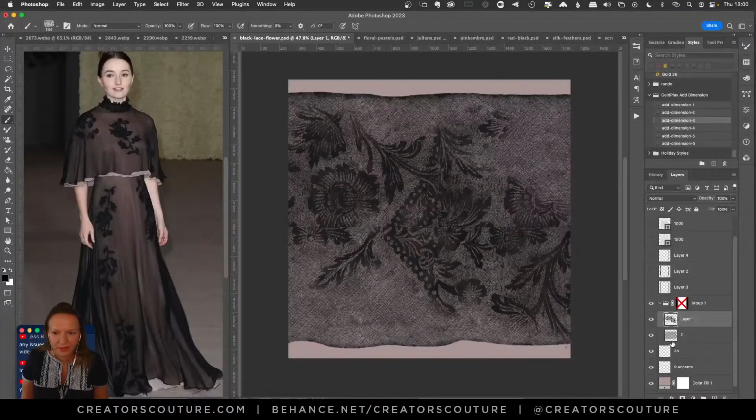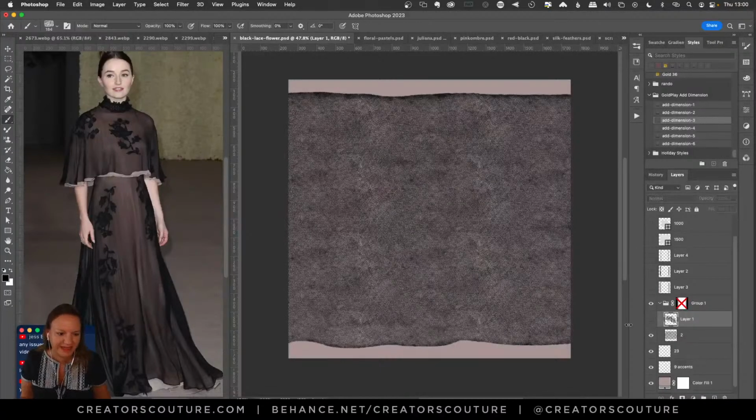And then this is one of the Modern Renaissance brushes. When I saw her little black lace thing, I was like, ooh, there are some motifs like this in my Modern Renaissance collection. So this is where I changed the pattern within the brush. And I really wasn't worried about it being perfect. It's just to get that idea.